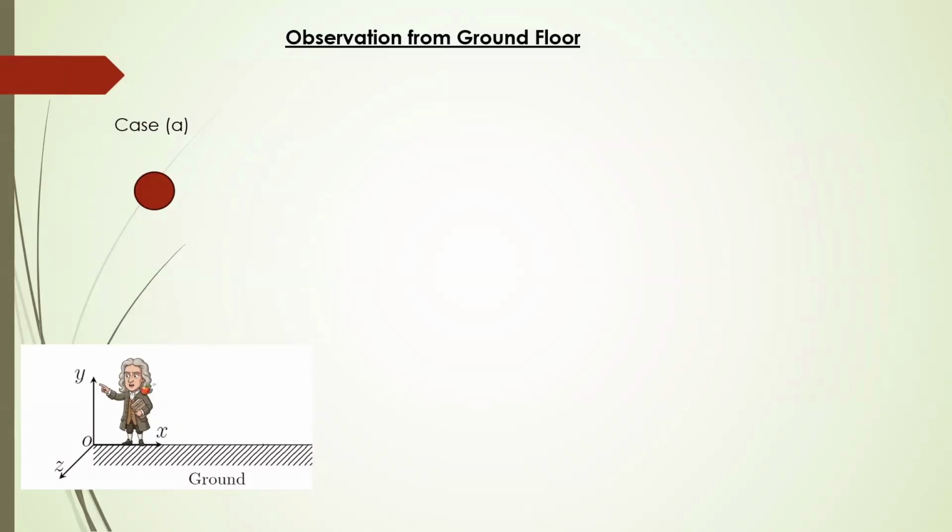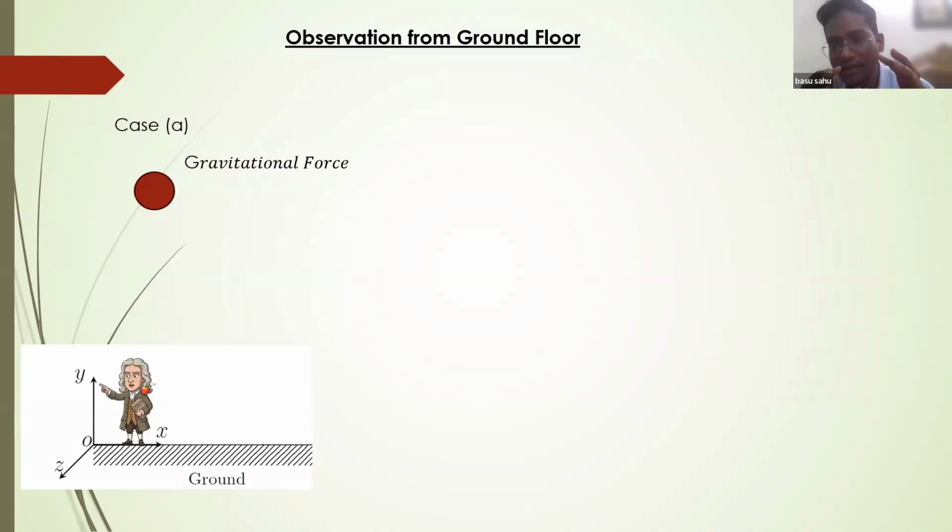Definitely mg. Ma and mg. Ma in the upward direction and mg in the downward direction. Ma'am, whenever you consider ma as a force, that means you are considering a pseudo force. Pseudo force will never appear in the inertial frame. Don't mix the concept, otherwise everything will be wrong. Here we have to consider only mg. Gravitational force is acting. That's all.